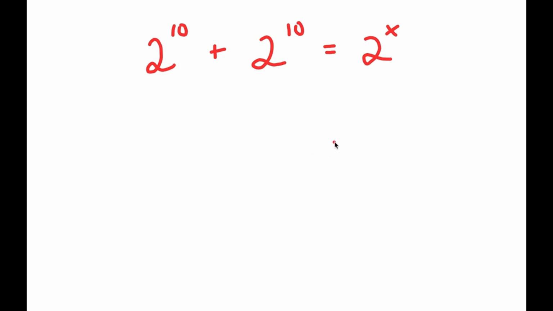Alright, so in this problem, I have 2 to the power of 10 plus 2 to the power of 10 is equal to 2 to the power of x. So I want to find the value of x here. So for my solution,